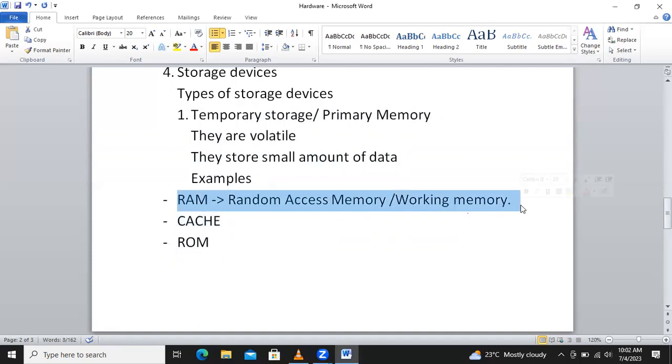So when you're making a call, that call is stored. I did not hear you, the last words. I was saying that everything you are doing on your computer at that time is stored in the working memory, or the RAM. I was giving an example of when you are making a phone call. The phone call you're conducting is stored in RAM. Now, when power goes off, and then you put it on